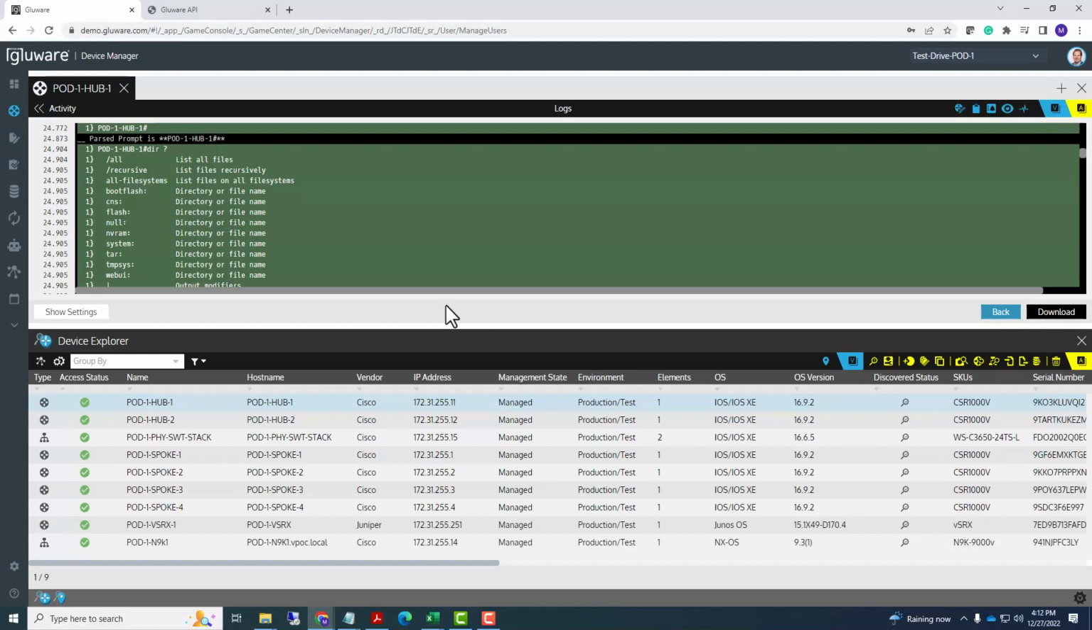Okay, so now we've seen how we can add devices manually. We've imported devices, and we've successfully executed discovery, and we've even looked at the logs of that interaction of all that data collection. A couple other things to comment on here on the view panel on the top is that